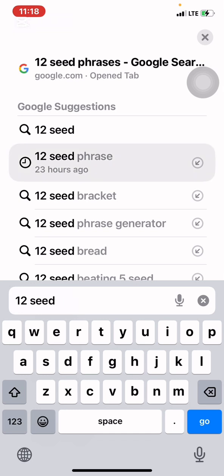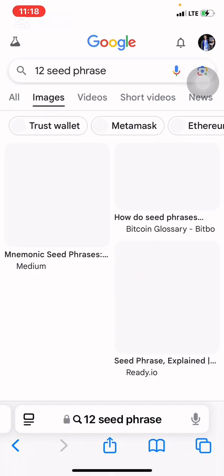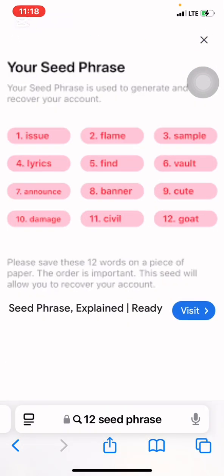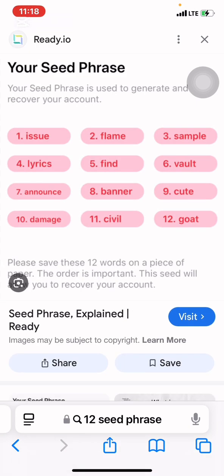For example, if I come here on Google and show you how the seed phrases look. Whenever you create a Trust Wallet account, they give you these seed phrases. Make sure you do not take screenshots. Make sure that you write them down on a piece of paper and keep them safely. That is something very vital. So make sure that for the Trust Wallet account you are going to use to buy your BLUEMARVEL token, you know its seed phrases, and it should be only you who has access to them, because in case anyone has access to those seed phrases, that person can access your funds and remove them